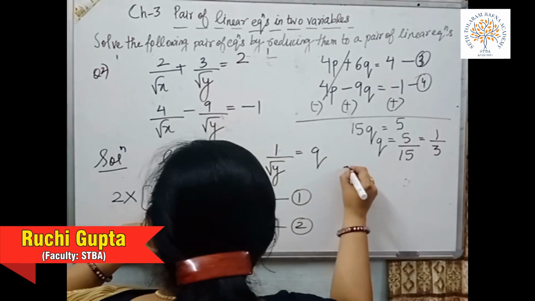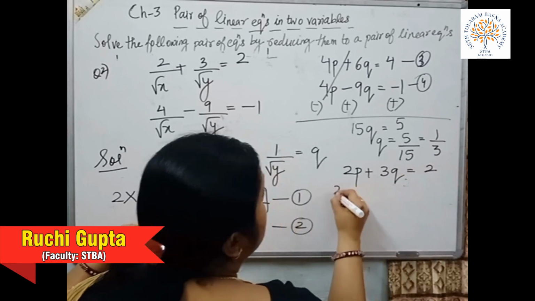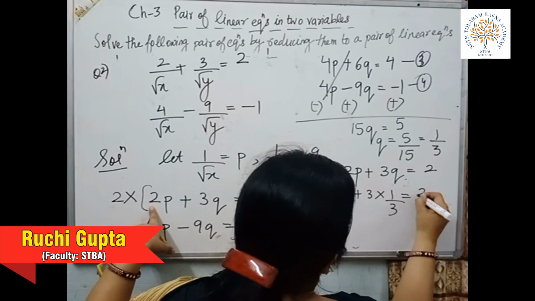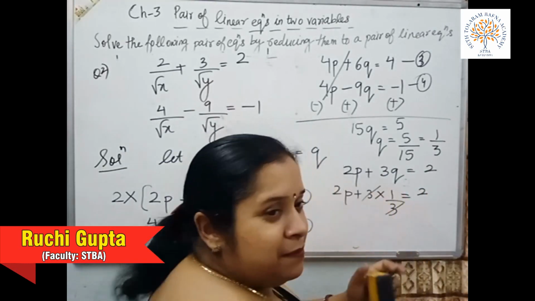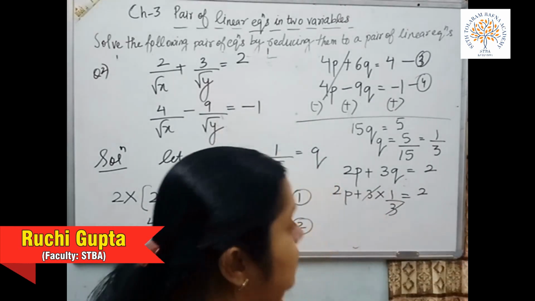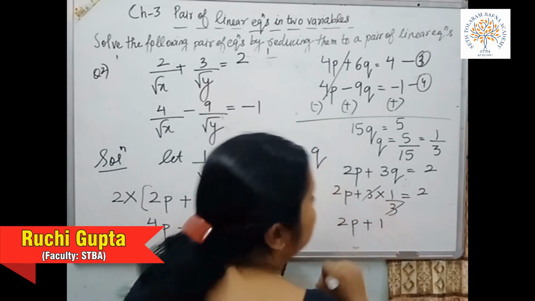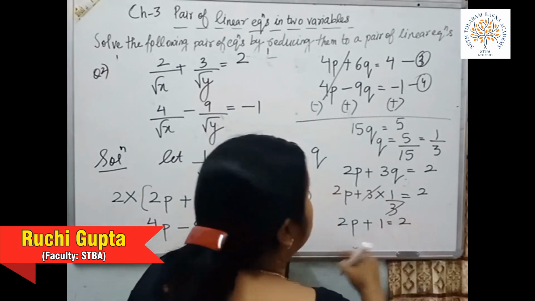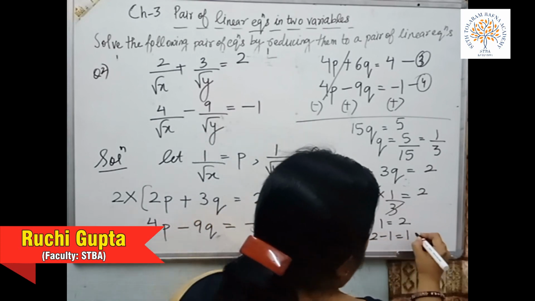Now our first equation is, students, 2P plus 3Q is 2. So when I substitute the value of Q, it is 1 by 3. The common mistake is also made here. Students, you multiply 3, you cancel 3 by 3 and you write 2P is 2 by 2 which is 1. But students, when you cancel 3 by 3, 1 is also there, okay? 1 is also there. Remember this point very clearly. So when this 1 goes on that side, it becomes 2 minus 1 which is 1.